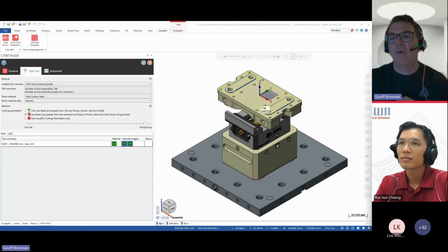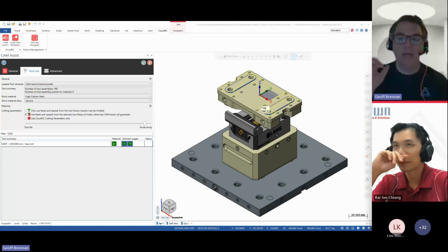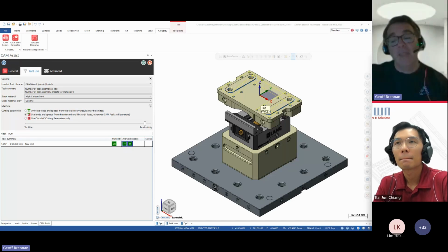It's doing it more on: I've got this tool geometry, and I know that for this part of this model, I need to do a hole making operation. I'm going to look at my drills. I can't drill that hole. I'm going to look through my end mills to see which is the most appropriate for helical boring, and then I'm going to compare those tools to the rules that are defined for those operations.